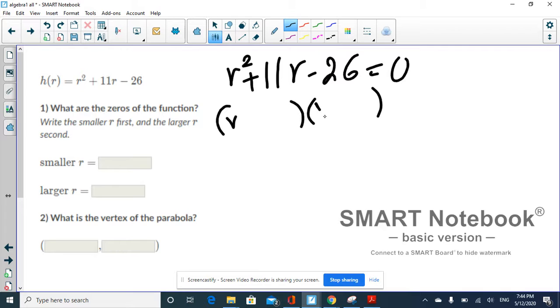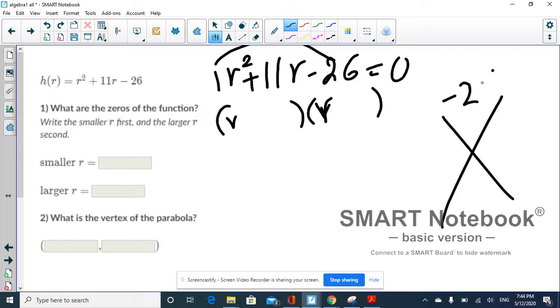You remember that you can use this method to factor. We multiply the first and the last, negative 26 and 11. What are the two numbers? If you multiply, give you 26, and if you subtract, give you 11, or if you add, give you 11. Think about the two numbers. You can factor it. 26